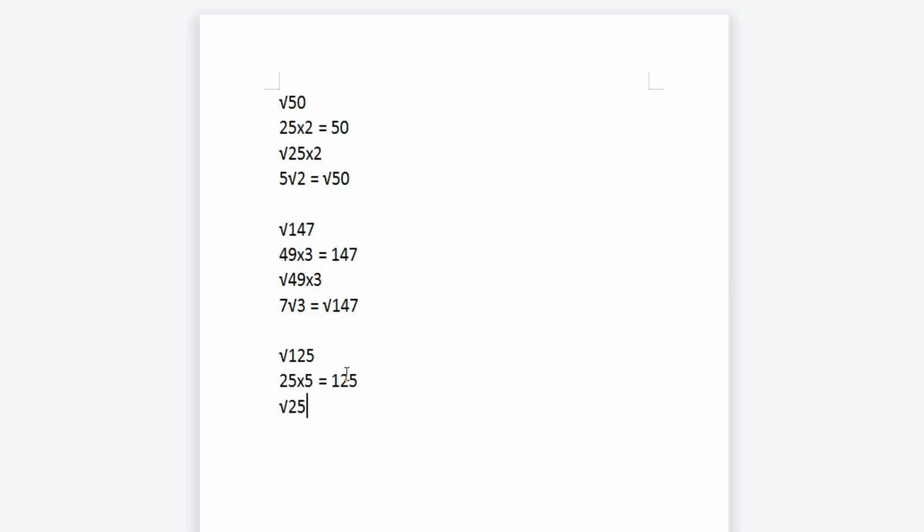So we can write it like this: square root of 25 times 5, and 25 is a perfect square, so we can take it out and simplify it. What is the square root of 25? The square root of 25 is 5, so we're gonna take it out, and the other 5 will remain. 5 square root of 5 is equals to square root of 25 times 5, and that is equals to square root of 125. Hope you understand it,